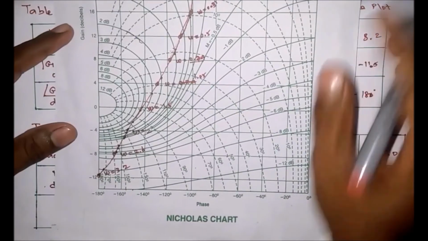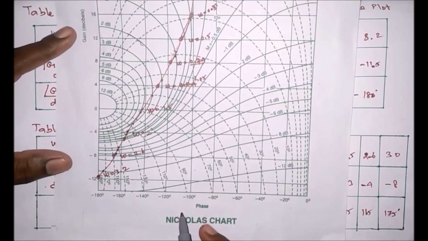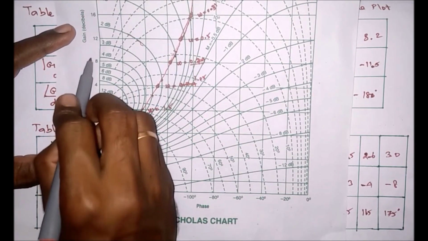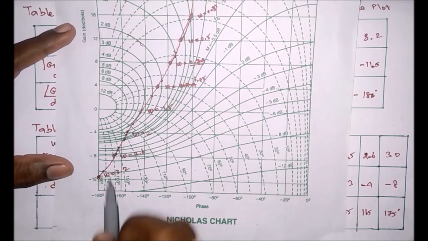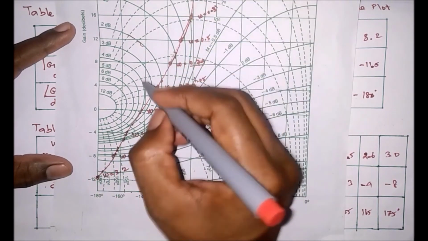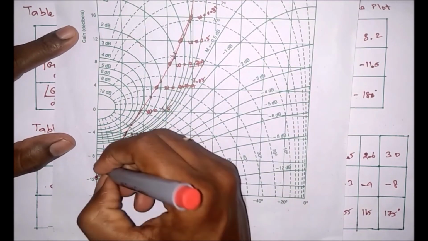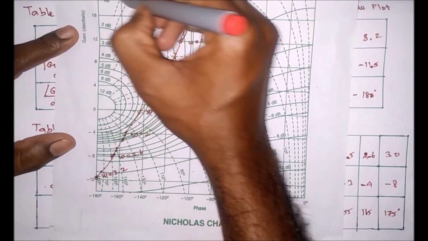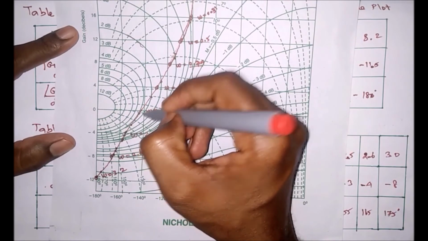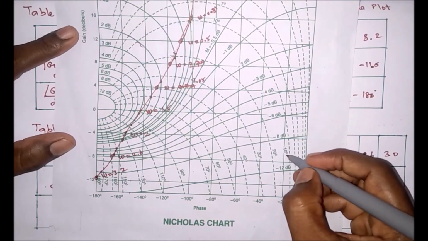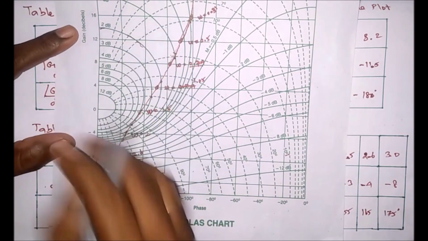Then we have to draw in this Nichols chart. This Nichols chart indicates the magnitude and the angle, so we have to draw the corresponding magnitude and angle. The plot will cut the dark lines, which indicate the M circles. The dotted lines indicate the N circles, which represent the angle. Suppose this is angle, this is magnitude.